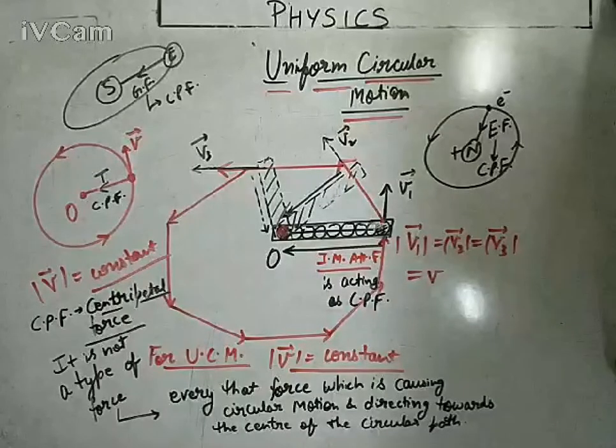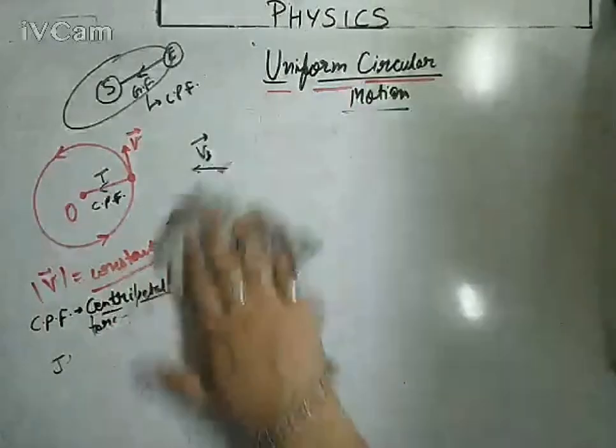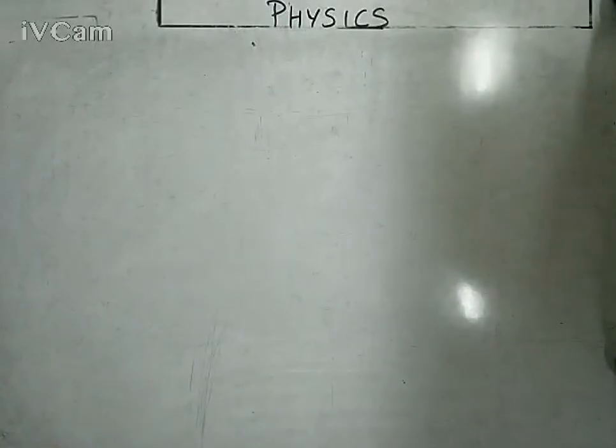Like when we talk about linear displacement, the rate of linear displacement, meaning the linear displacement with respect to time, is called linear velocity. In the same way, when we talk about angular displacement with respect to time, obviously when a body moves on a circular path, it takes angular displacement, meaning it is displaced by an angle.